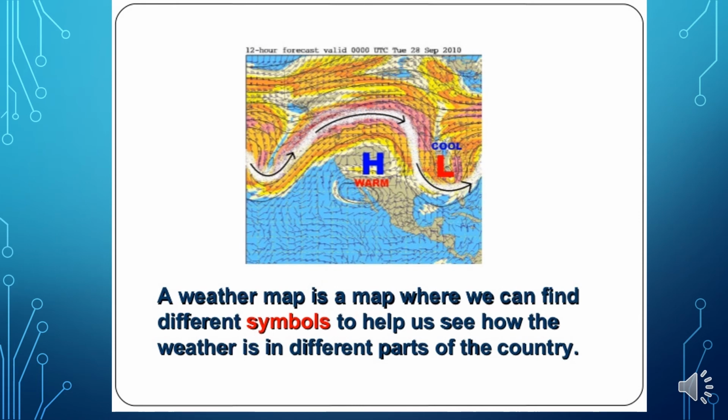The next type of map is a weather map. Now, a weather map, as the name suggests, depicts the weather condition of the day or a period. It sometimes helps to forecast the weather condition. Now, these maps are produced by meteorological offices to show the condition of the weather. You and I will not be able to prepare these maps because we need the correct meteorological evidence to be able to prepare this map. They are usually prepared from satellite images.